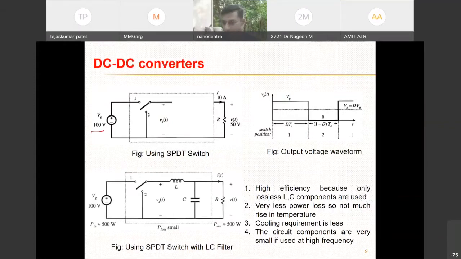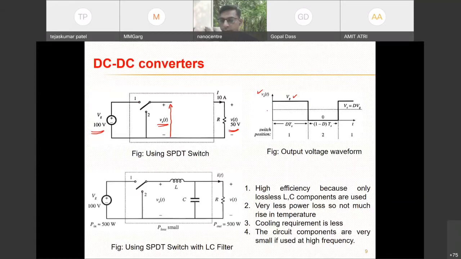And another thing is that we can only lower the voltage, like if it's 100 volt, then we can make it 50, 80, 90, like that, right? And due to poor efficiency, it is suitable for low power applications only, not for high power applications. So what is the alternative? Okay, so this is how DC to DC converters come into the picture.